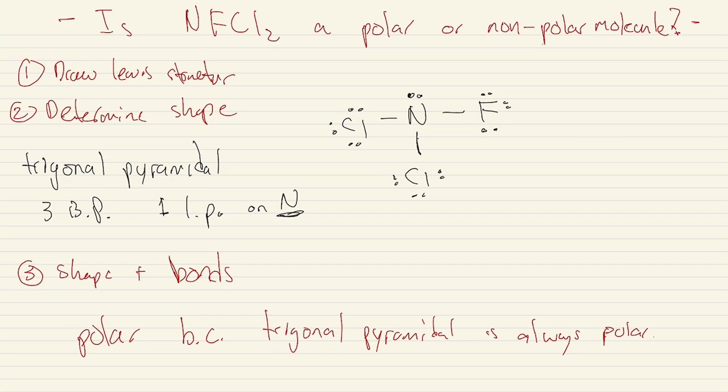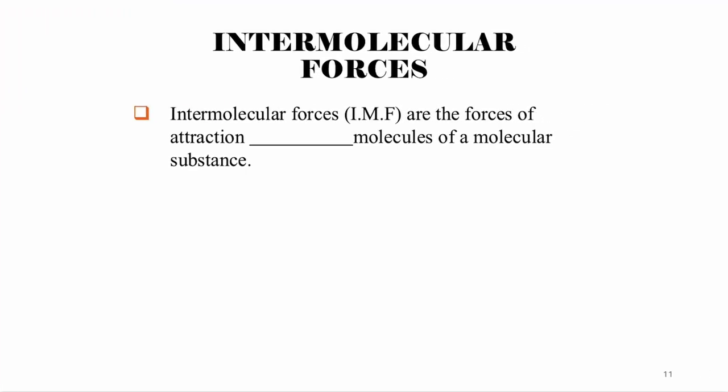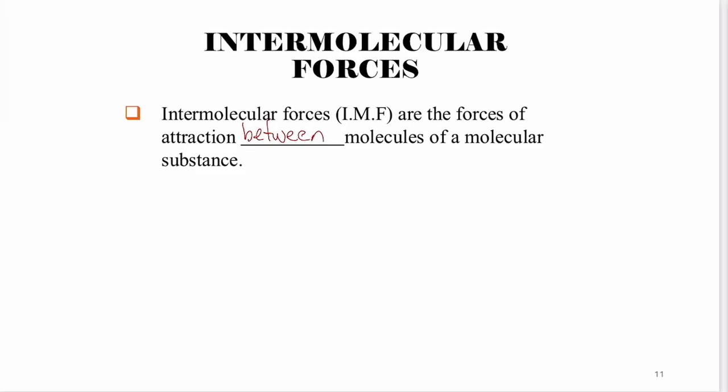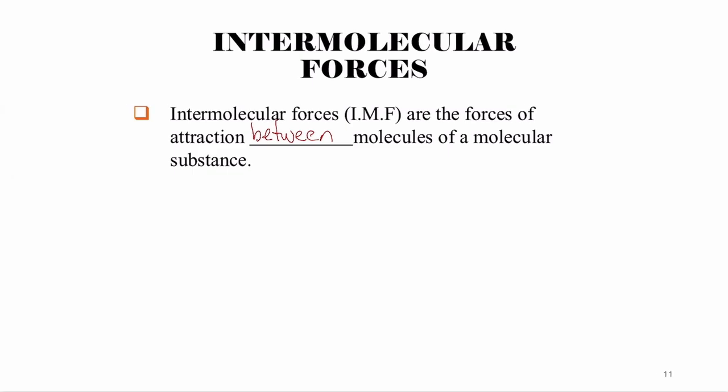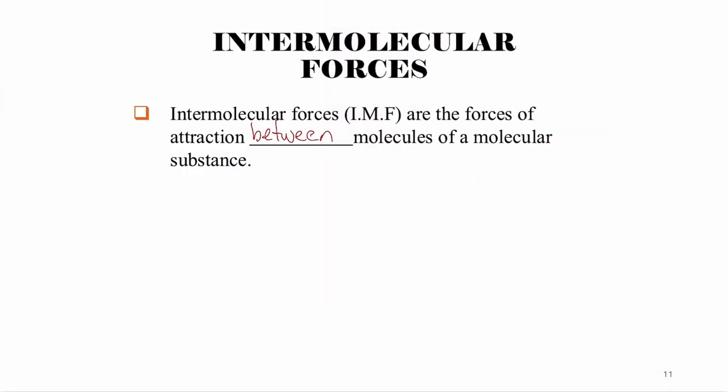So shape then tells us if a molecule is going to be polar or not. And that leads us into our next topic, which is what are called intermolecular forces. Right? So intermolecular forces are forces of attraction or repulsion between molecules of a molecular substance. So all types of molecules, covalent or ionic, have these forces. And these forces determine a lot of the properties of the material, right? Things like boiling point, vapor pressure, all of these things depend on how tightly these molecules are bonded to each other. Right? And so this means how do these molecules